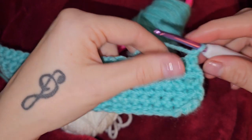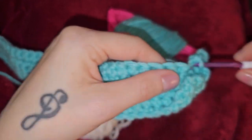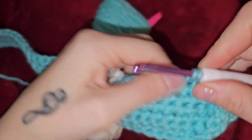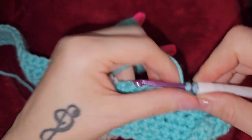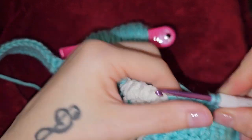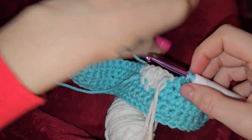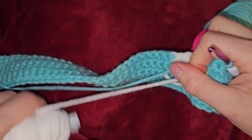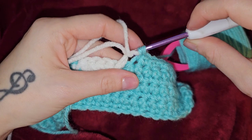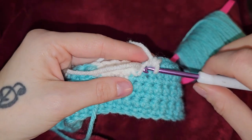So row 7, we're going to do 11 teal stitches. So 3, 4, 5, 6, 7, 8, 9, 10, 11. We're going to do 7 white, going into that teal stitch, 1 under that loop,